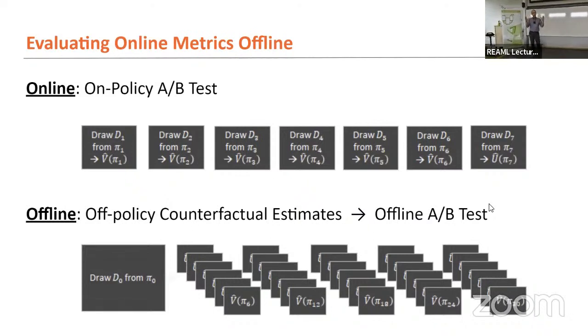So the key point here of this counterfactual evaluation is to only collect data once and then go through these counterfactual estimates, saying that the data was collected from policy pi null, and I maybe designed this policy in a particular way. But now I want to go through the counterfactuals. I want to estimate how well I would have done. What would have been the expected reward if I didn't use pi null, but pi 1 over the last month, or pi 2 over the last month, or pi 3 over the last month?